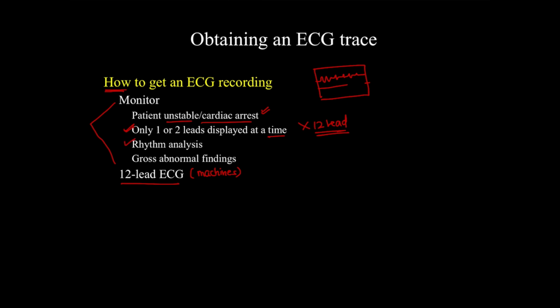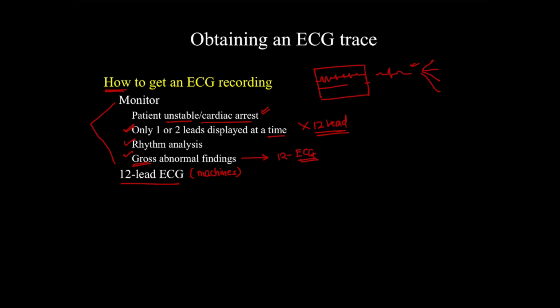You can very well do a rhythm analysis. You can see various components of PQRST, and as we read subsequently, you can diagnose various arrhythmias seeing this trace, and any gross abnormal findings can be picked up on this ECG monitor. Once you have a concern about these gross abnormalities, and if the time and the patient's general condition allow, you should definitely confirm it by getting a 12 lead ECG done.